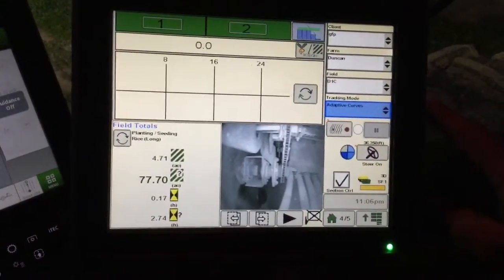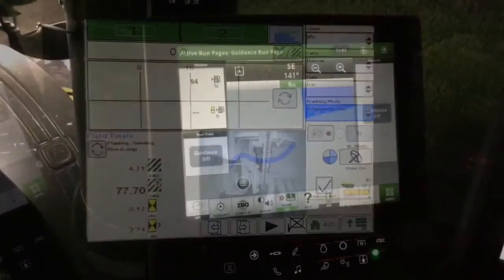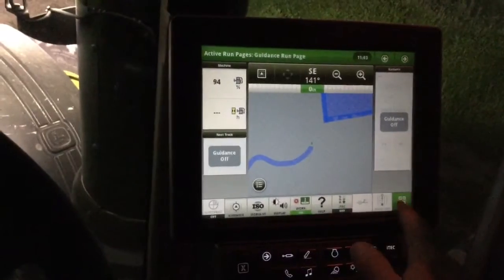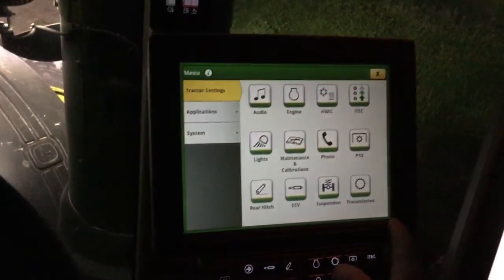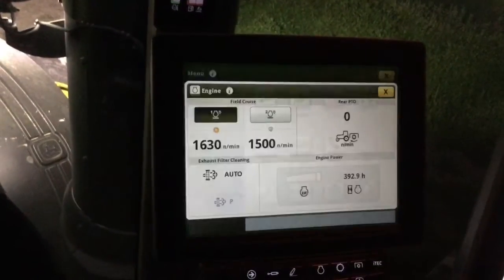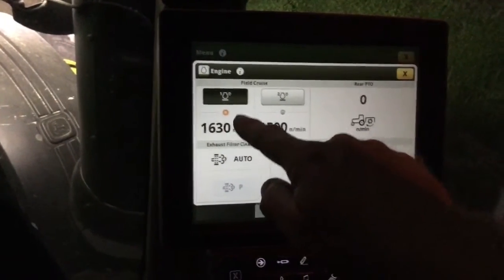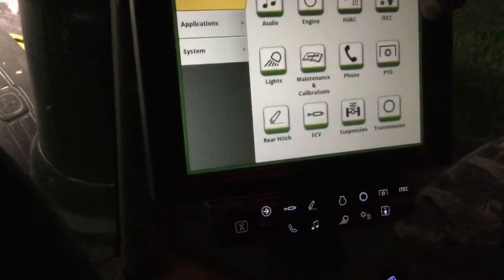Alright, that's it. Oh, on the command arm, if you hit the menu button, you can look in here under the engine. I've got my max RPM set at 1630. If you hit on the side of the throttle where there's a little button here, that sets the max RPM to match the monitor. Now, if you want to max your transmission speed,